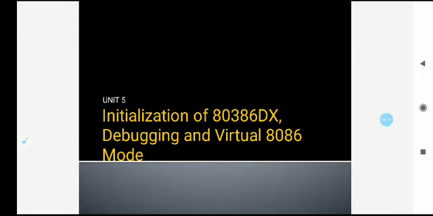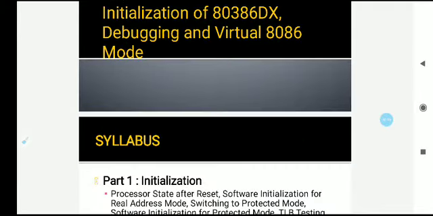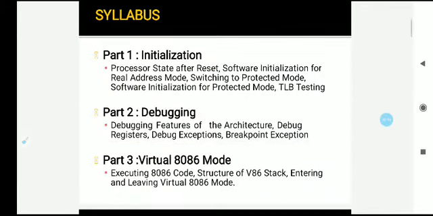Today we are going to learn unit number 5, that is initialization of 80386, debugging and virtual 8086 mode. So these are the content of the syllabus. As shown in this PPT, this unit is divided into three parts. First part is initialization, second part is debugging, and third part is virtual 8086 mode. We are going to cover this topic one by one. Let's start with the first part, that is initialization of